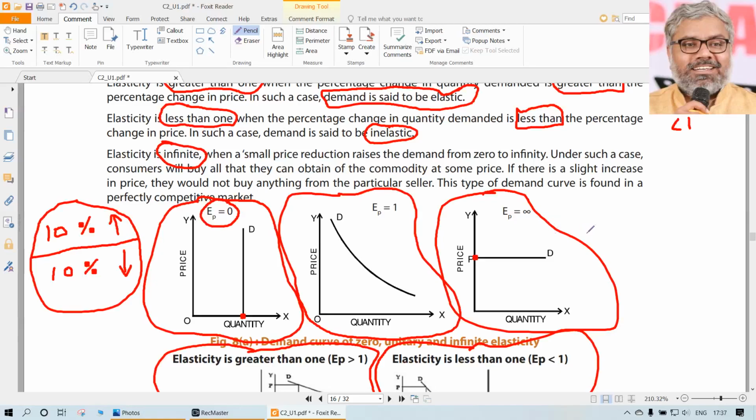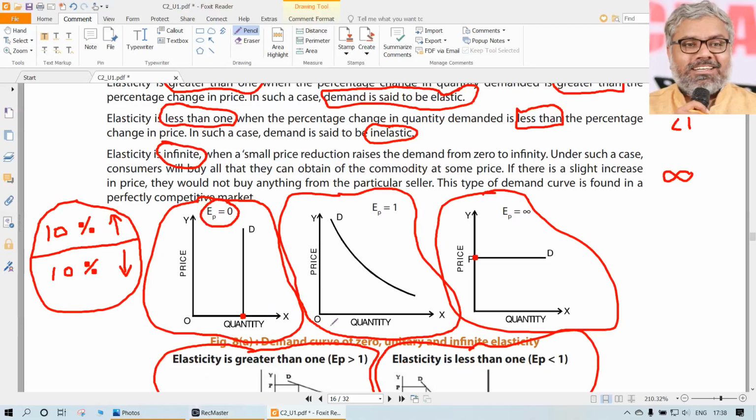But just theoretically, in that case, we can say the elasticity of demand is infinite, which means the responsiveness of this product's quantity demanded is too much. Without even a small change in the price, the quantity demanded is drastically changing. So the minutest possible change will have a huge impact on the quantity demanded. But once again, we have to keep this in mind: practically, it is not possible. Theoretically only it is possible to have price elasticity of demand infinite.